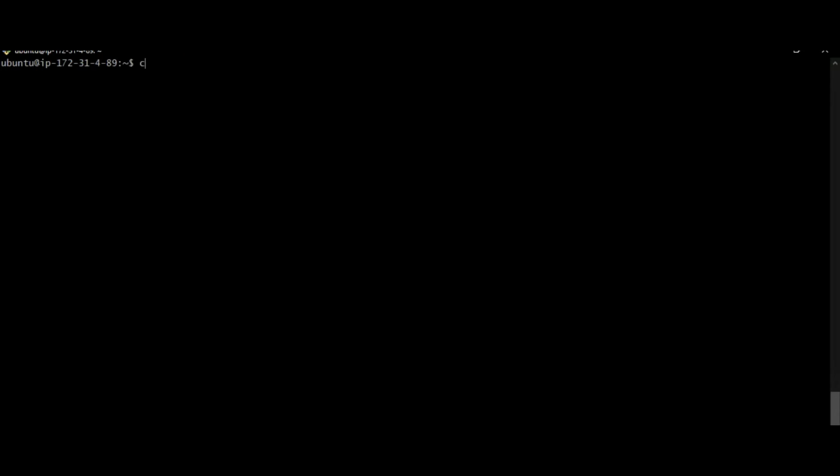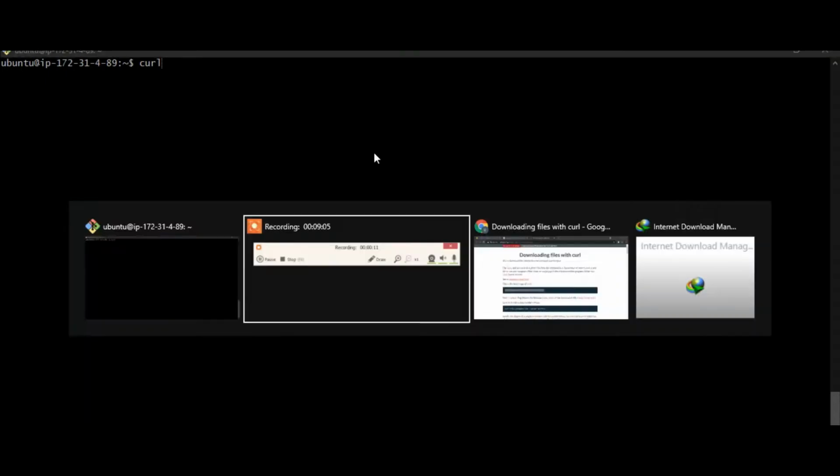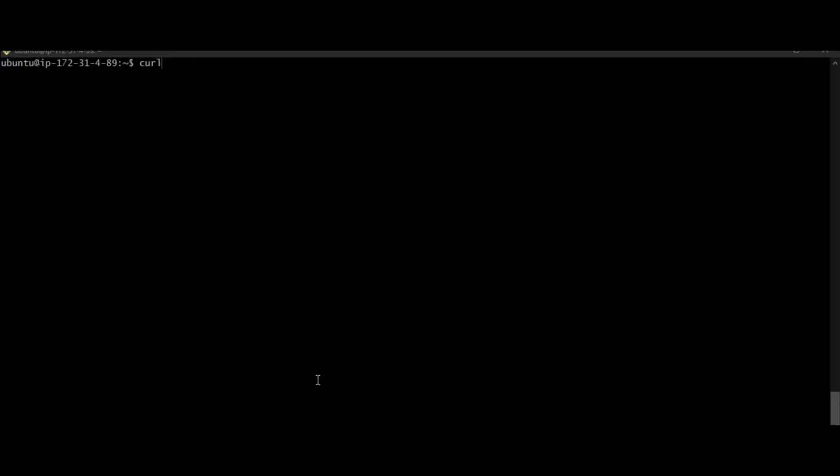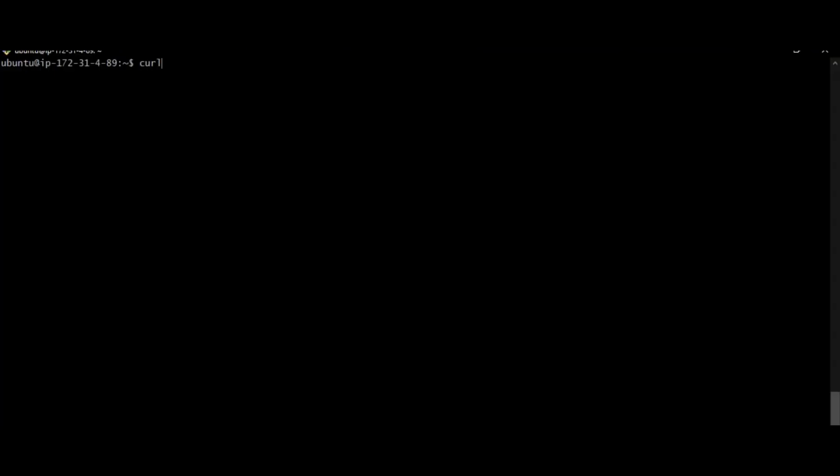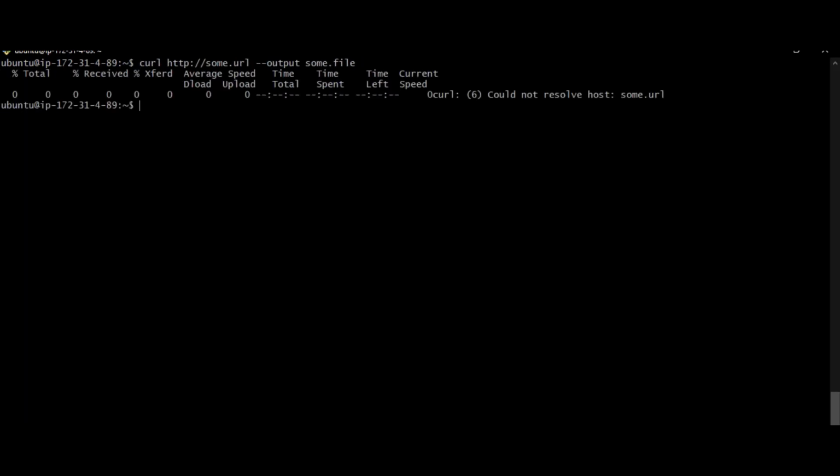And guys, the next command is the curl command. By using this curl command we can download files, repositories, or libraries from outside the server, meaning from the internet. Now I have one example: curl http url, output some.file.